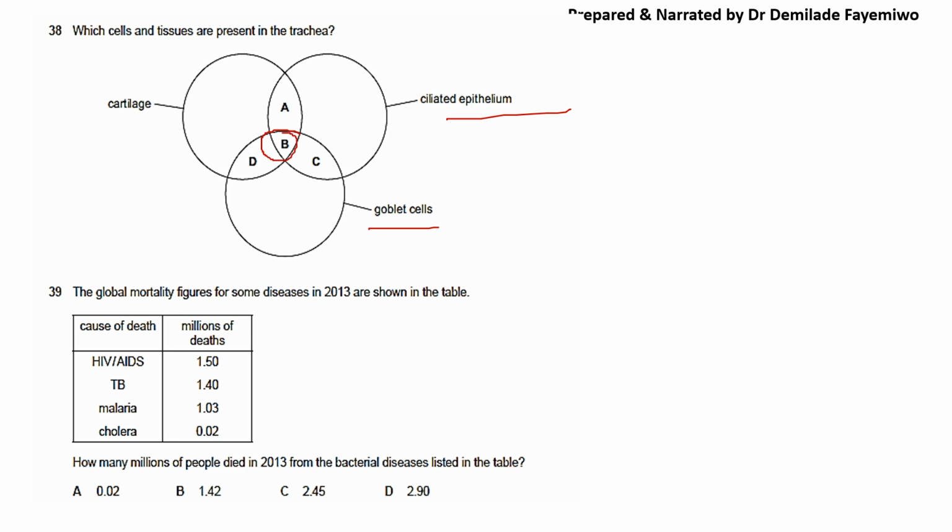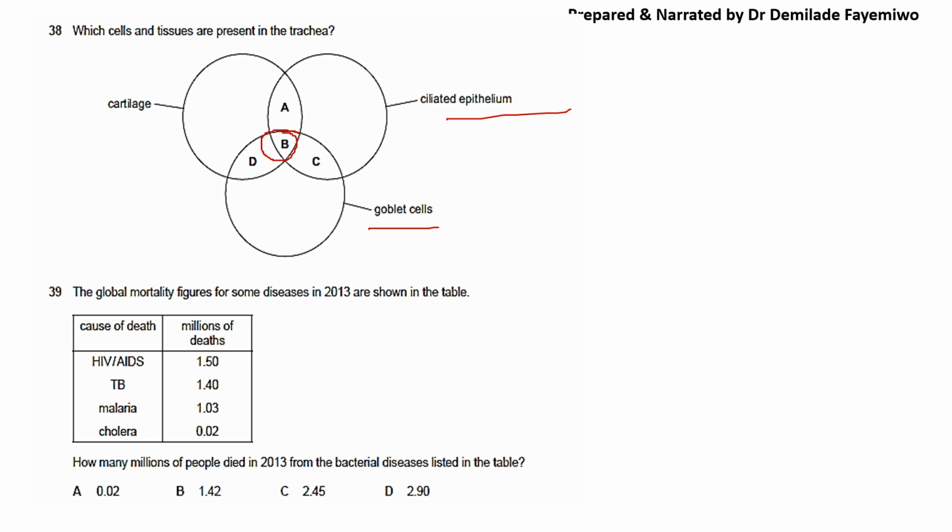It's so easy. The answer there would be B, because B is the one that encompasses all of those. And number 39, which is more or less our second to the last answer, last question rather. The global mortality figures for some diseases in 2013 are shown in the table, and this is how many millions